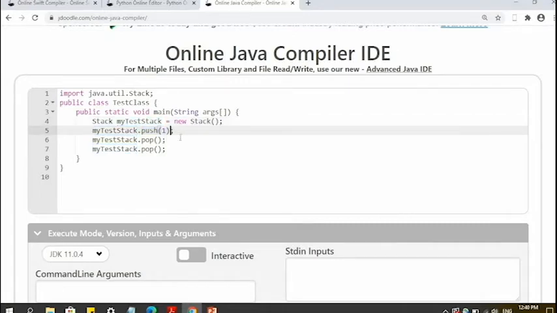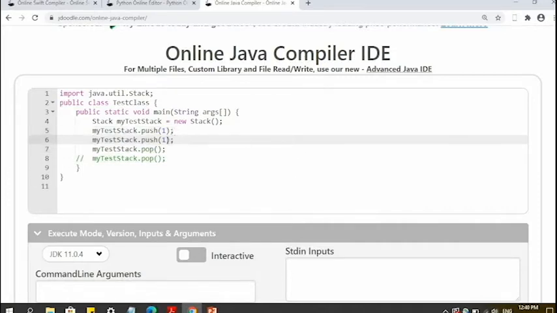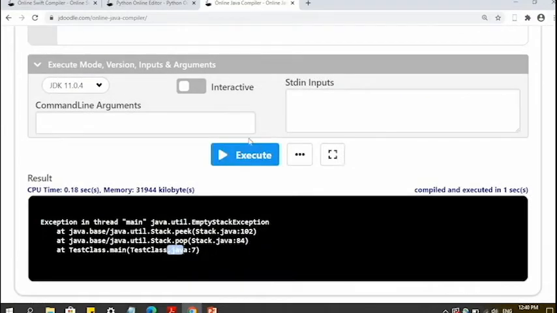I'm pushing one item, and then I'll push the second item, that is 2, and you see I am popping one item. I am pushing first and second, and popping this second item, so this would be popped, and no error would be thrown because it is popping an item which is already present.